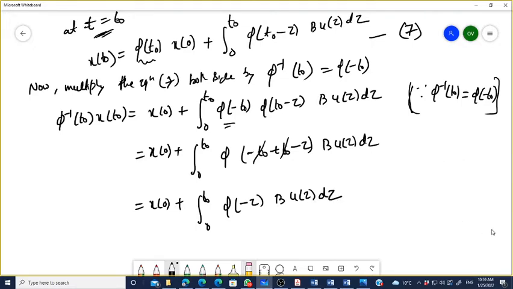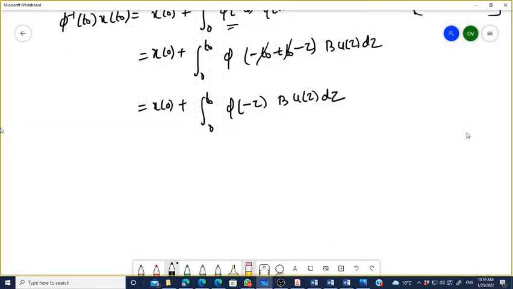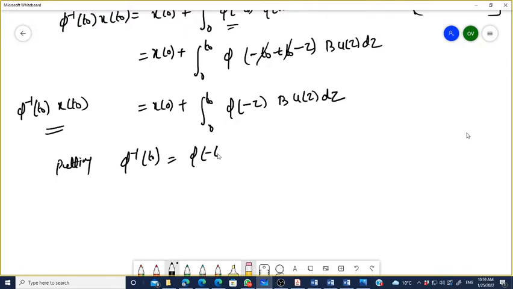Okay. Now this is your phi inverse t naught into x of t naught, remember. So putting phi inverse t naught equal to phi of minus t naught, then x naught becomes, अब ये क्या बनेगा देखिए,